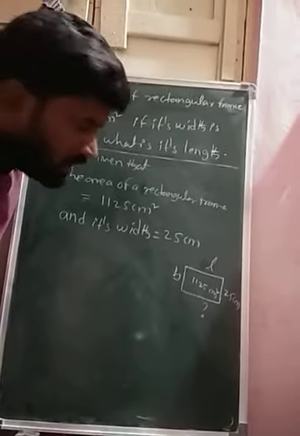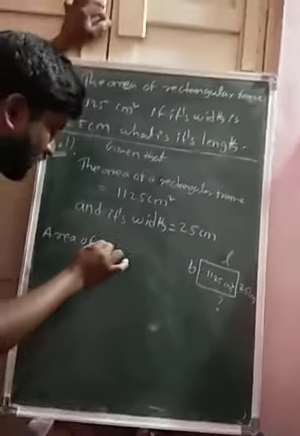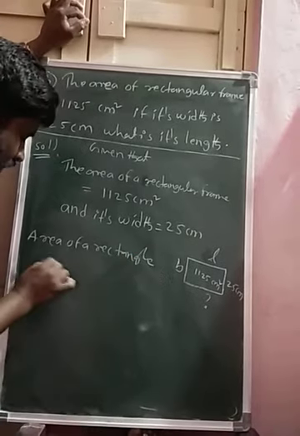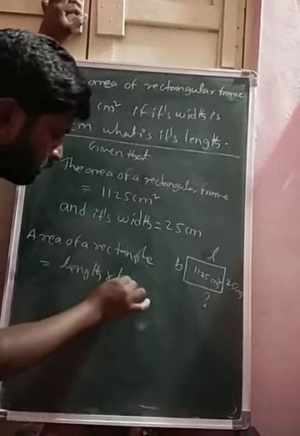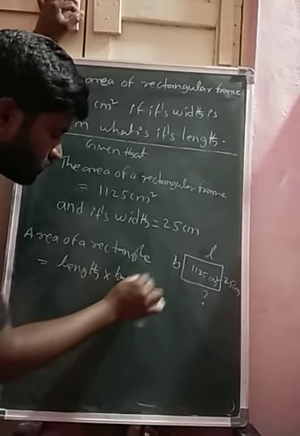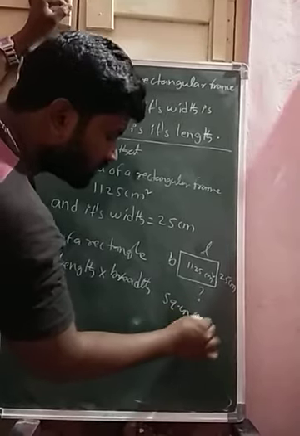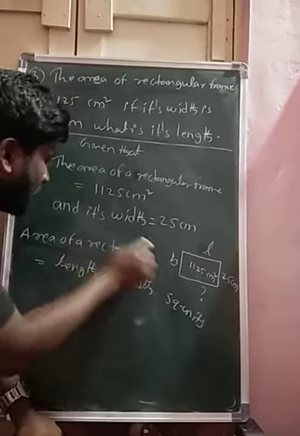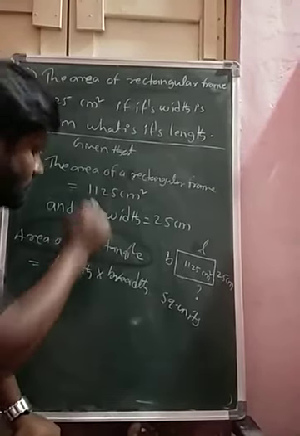Now, what is the area of a rectangle formula? Area of a rectangle is equal to length into breadth. Area is always in square units. We know by the problem, the area of the rectangle is given as